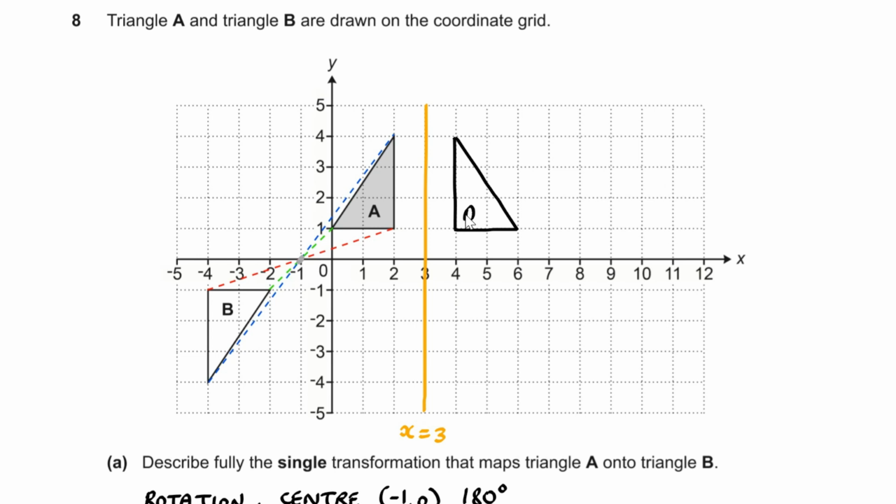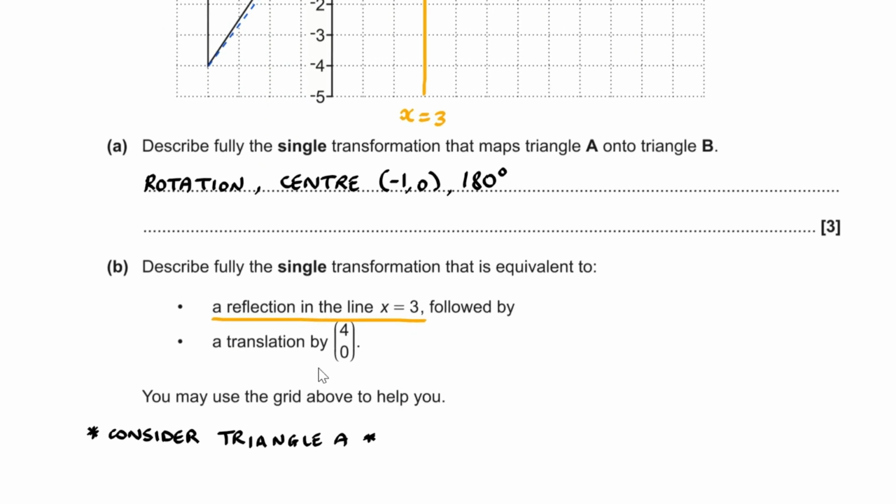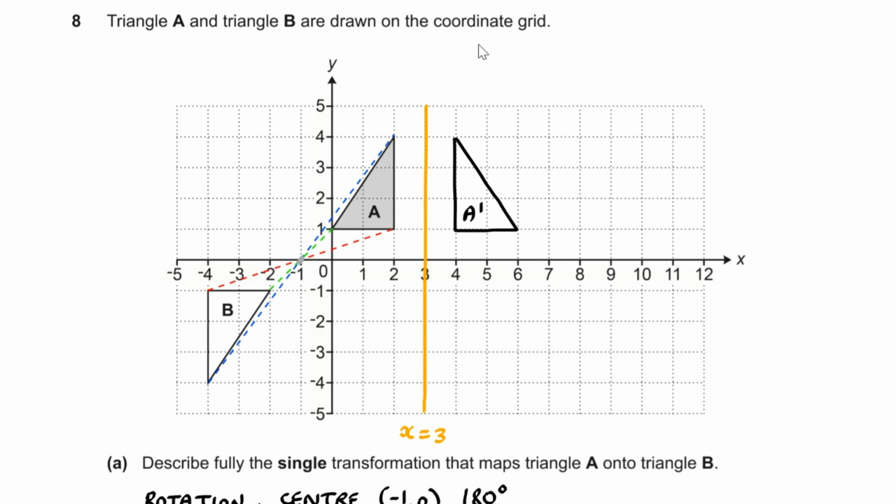We'll call this A dash. And then after that, we have a translation by 4, 0. So let's deal with the translation by vector 4, 0. At this point, we're going to move 1, 2, 3, 4 units to the right, and therefore the resulting shape is over here. We'll call this shape